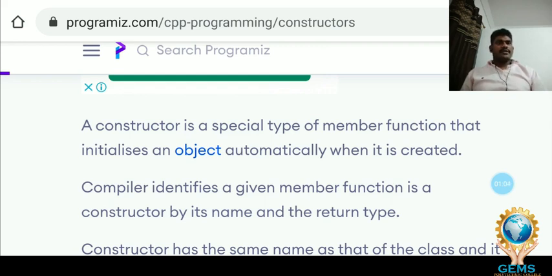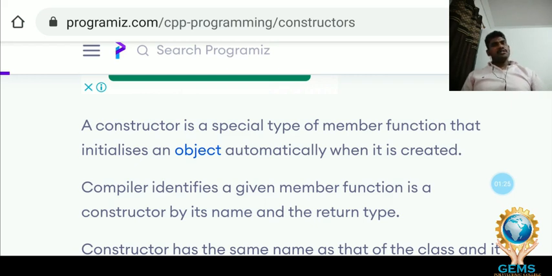It's a member function. You already know how to create a function, since in the function concept we have already seen how we create a function. So a constructor is nothing but a special member function.